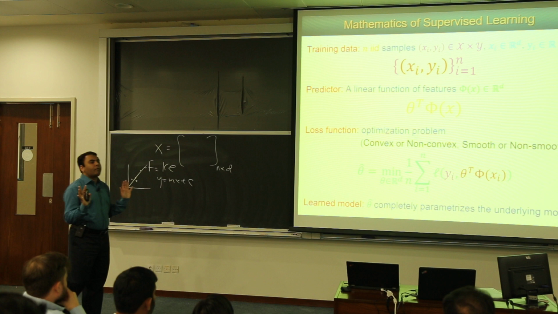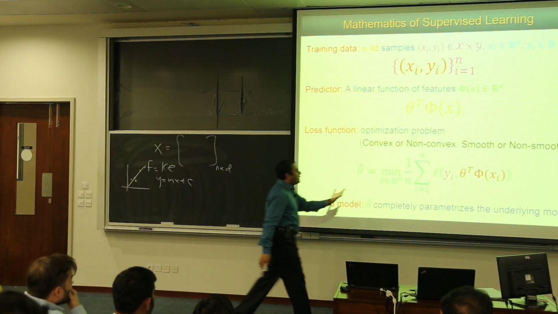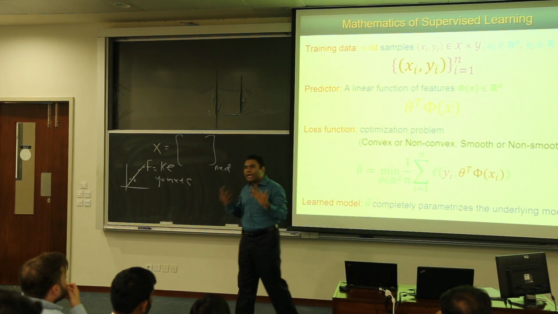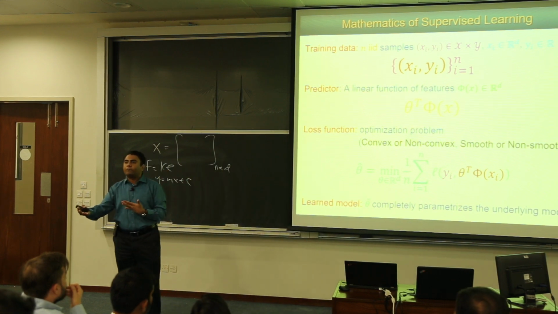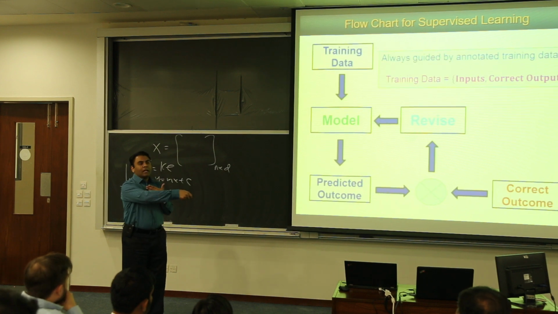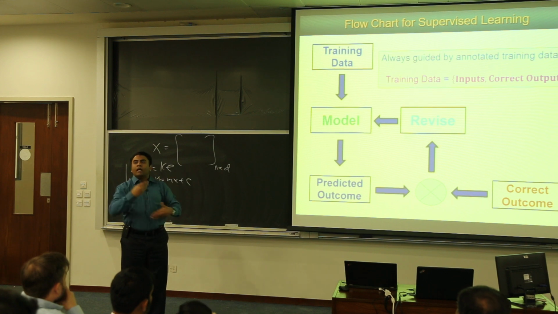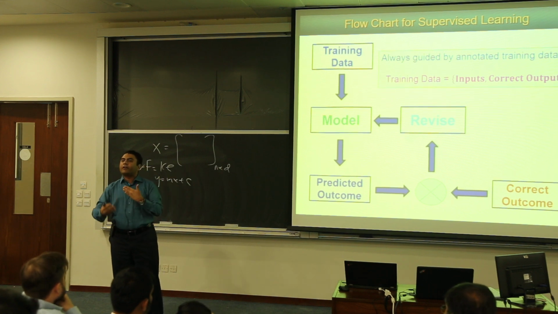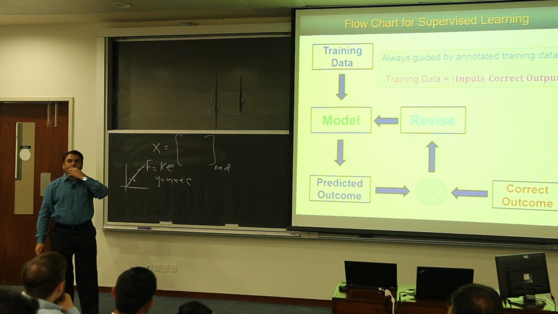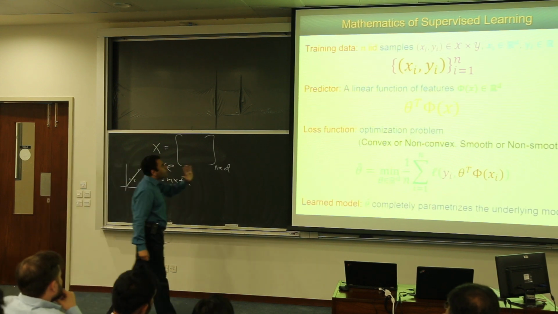So this is basically supervised learning. And where is the supervision coming from? The supervision is coming through this interaction. There's always this comparison. My model thinks that this example should have this output, but I have the true output, so I can always make a comparison, and that comparison is fed back as a kind of loop in this model. I can update and revise my model so that I'm constantly reducing my loss over the training samples. So that is a very simple